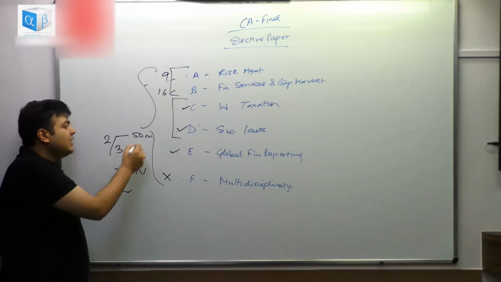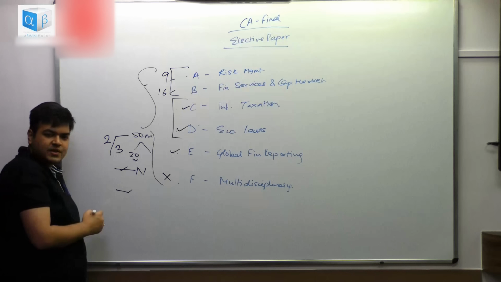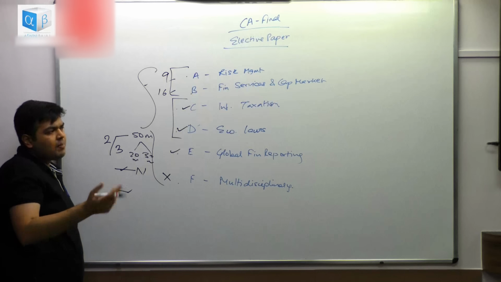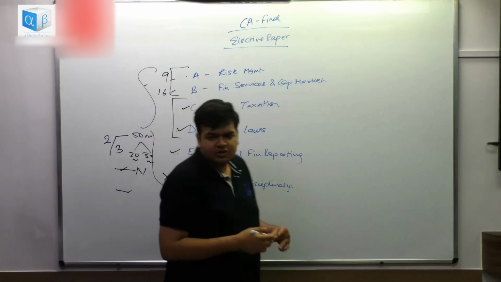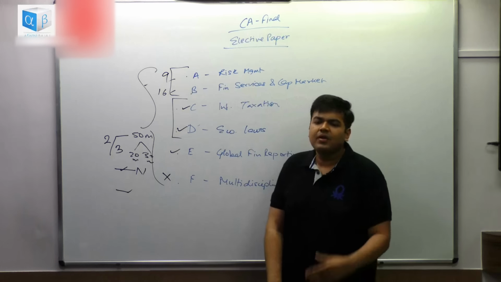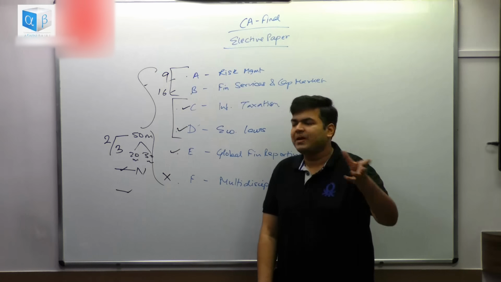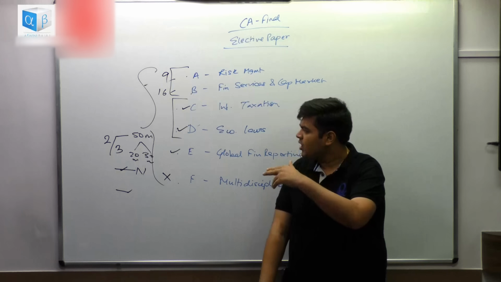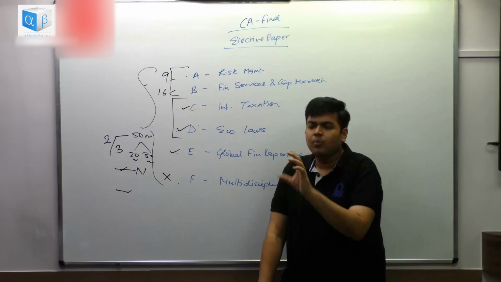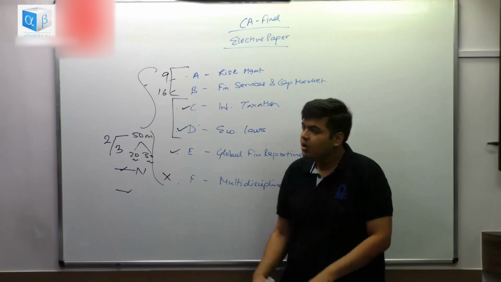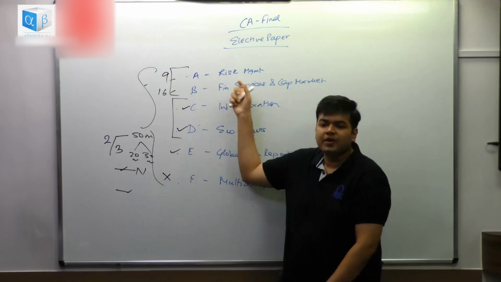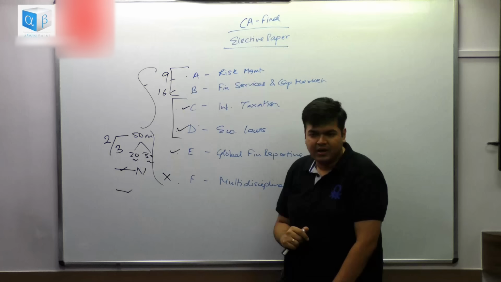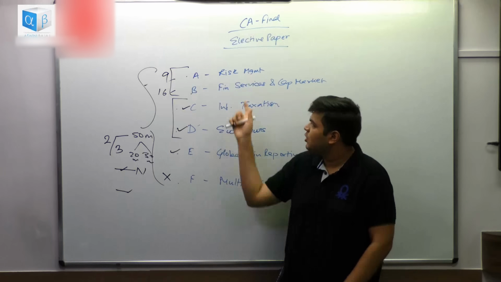Now a 50 marks case study would generally have 20 marks of MCQ and 30 marks would be your analytical case study. A couple of questions are there, there is a balance sheet and proper financial data is given, and on the basis of that there are a few questions being asked with respect to how the data is going to turn out, how the risk manager would give a risk analysis report, how you can figure out this risk, how you can make amends over here, what kind of a mutual fund this is, as the data is provided for this. So the questions are going to be relatively difficult over here, as I told you.